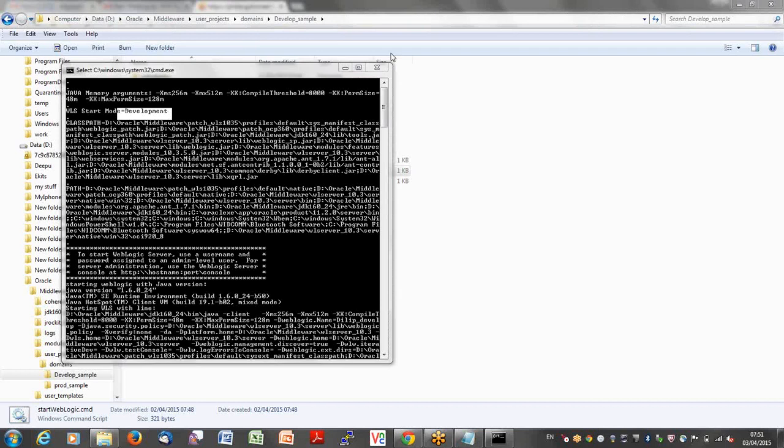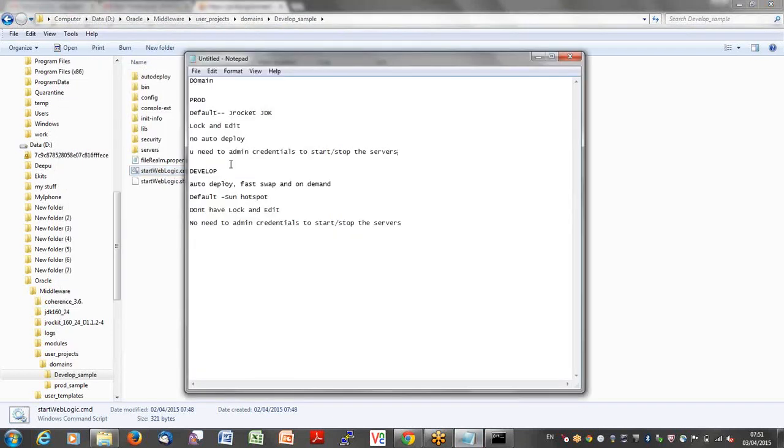Okay, so one more difference we observe is, in the development environment, by default, the minimum size would be 256 and the max would be 512. These are the heap values.